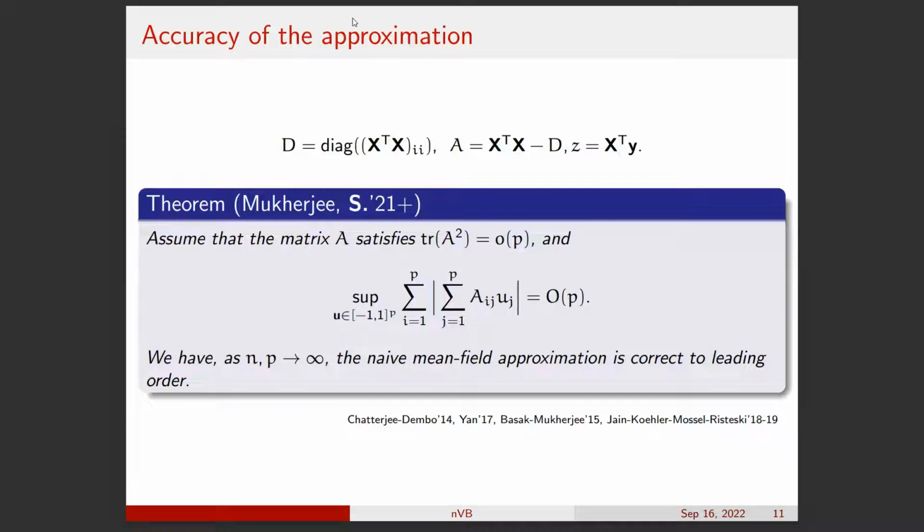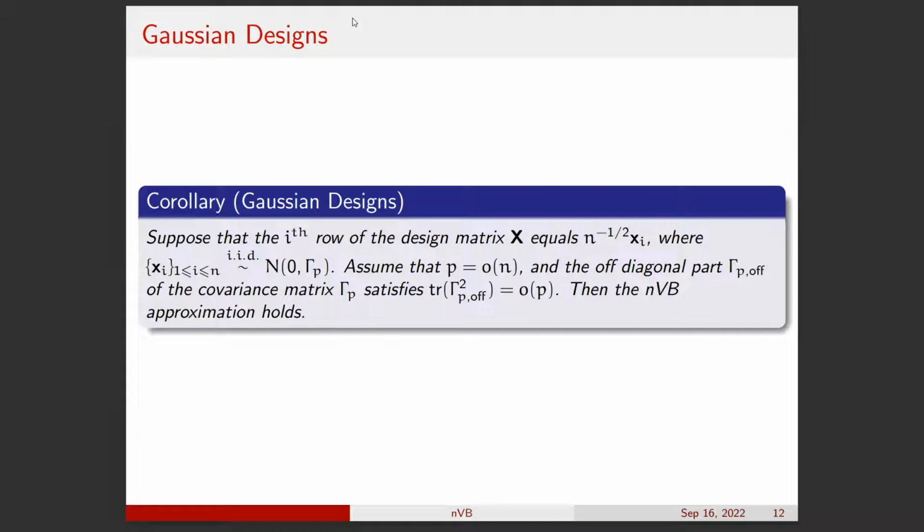Yeah. If you consider a random generating mechanism for your design matrix. That's my next slide. Thank you. Okay, good. So, examples. They are super important. This is exactly what Anirban is referring to. If I have assumptions on the design, what are conditions where this is true? One specific example that will be relevant for the rest of the talk is Gaussian designs. Imagine you're in a setting where your rows are IID samples from a multivariate Gaussian distribution in p dimensions